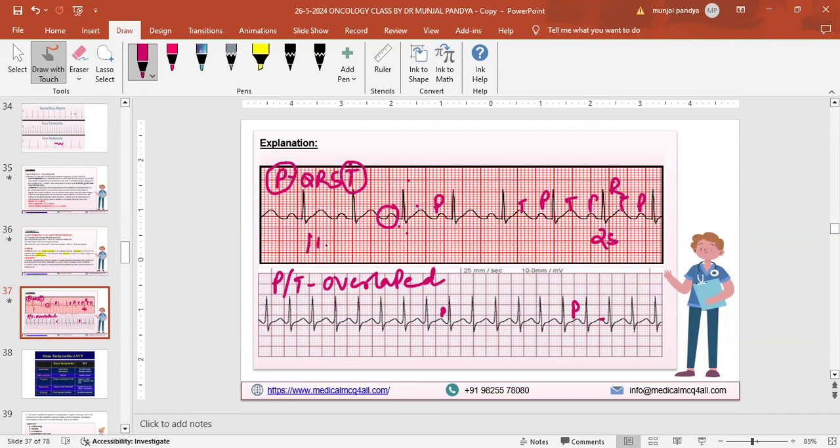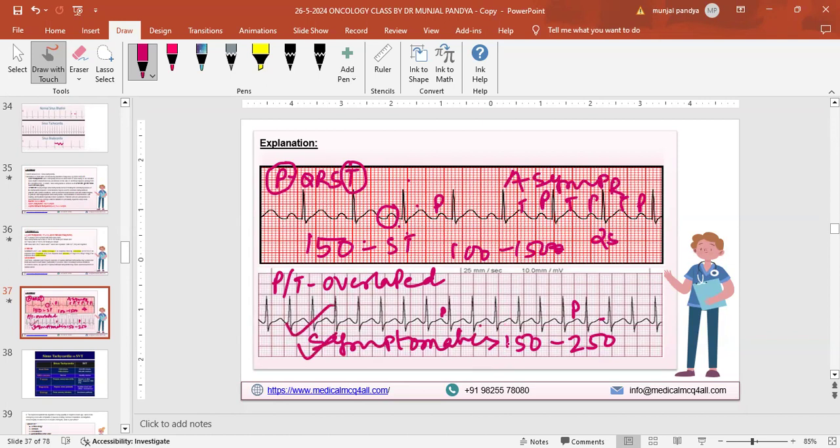In sinus tachycardia, usually the heart rate is not more than 150. If you have sinus tachycardia, usually you have between 100 and 150. And here it starts from 150 and goes to a maximum of 250. This is the second difference. And third, sinus tachycardia patients are usually asymptomatic, whereas with a pulse rate of 250 they are very much symptomatic. So clinically symptomatic.